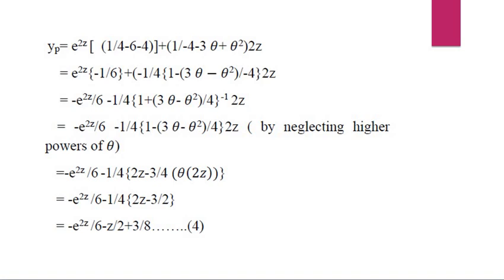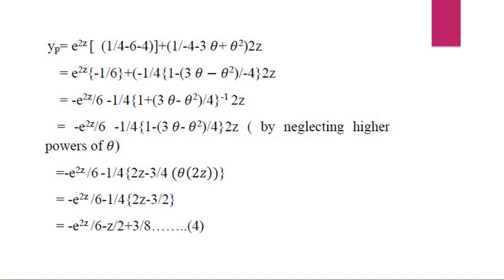Hence what we have finally is e power 2z into minus 1 by 6 plus minus 1 by 4 into 1 minus 3 theta minus theta square divided by minus 4 into 2z. That can be written as minus e power 2z by 6 minus 1 by 4. Then this minus and minus become plus here, so that we have 1 plus 3 theta minus theta square divided by 4 whole power minus 1 into